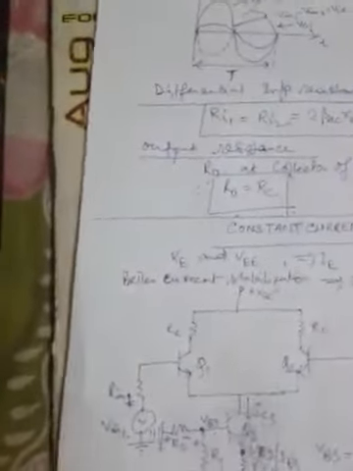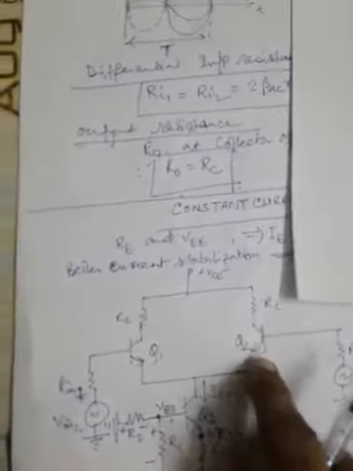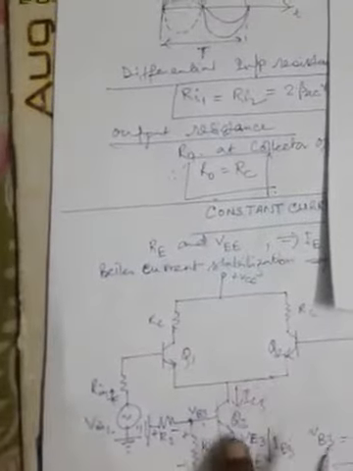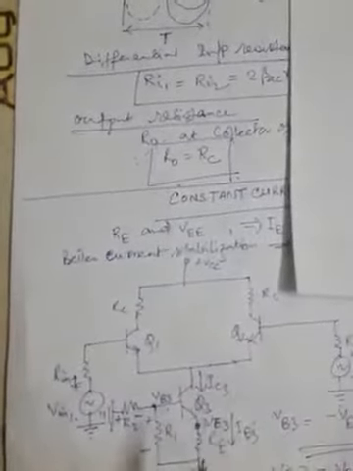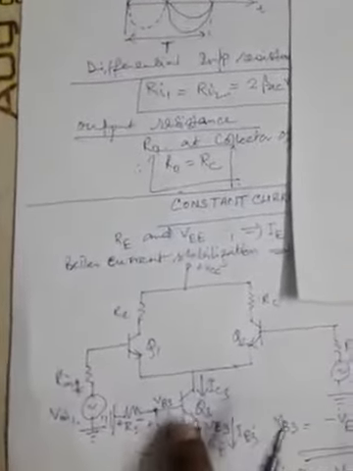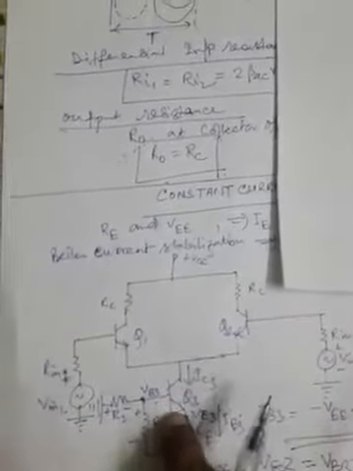So if we consider that the AC equivalent of a DC current source is an open circuit, then while doing the AC analysis of this particular circuit, Q3 is actually a current source which is supplying a constant emitter current to Q1 and Q2. Therefore, when we go for the AC analysis of this circuit, this Q3 will be considered as an open circuit, since this is a DC current source. So therefore